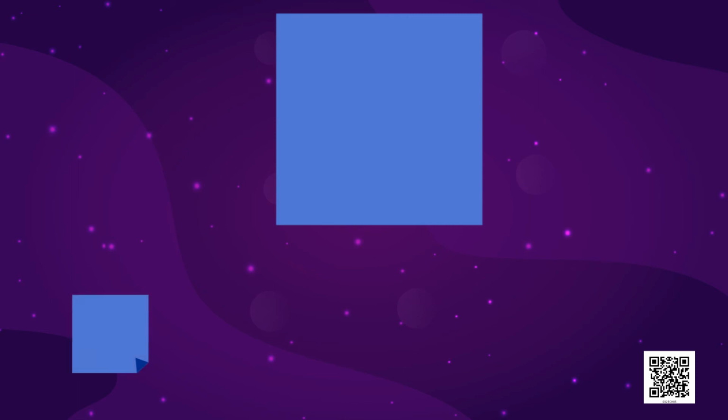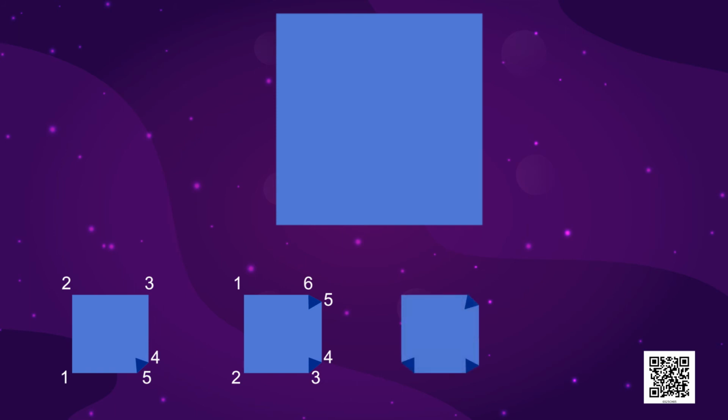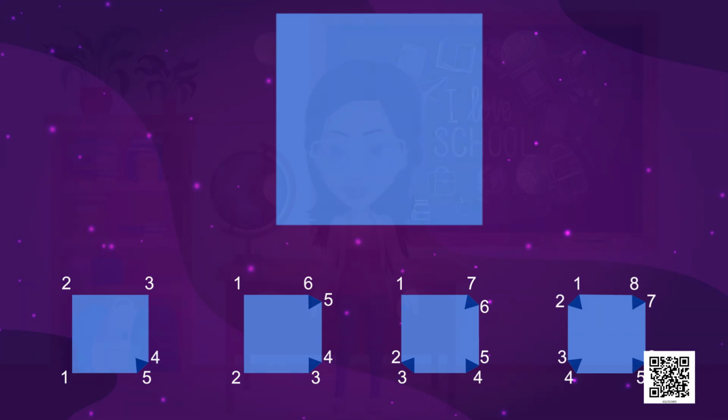One corner is folded now. Count all the corners. Hey, not 3. Now we have 5 corners. Okay, so now let us fold another corner and see how many do we get now. Now there are 6 corners. If I fold one more, then we will have 7 corners. And on folding the last corner also, 8 corners.